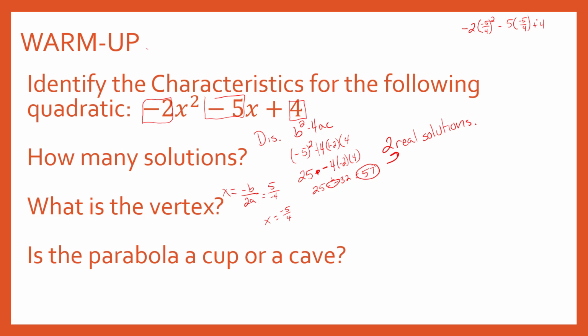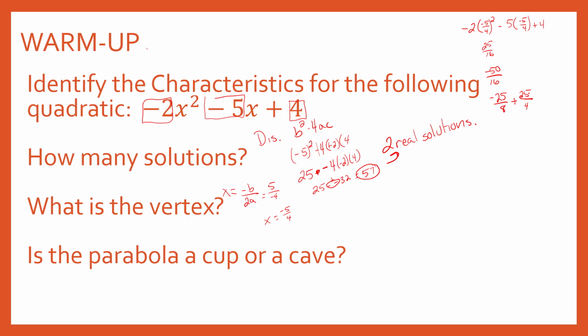Well, negative 5 over 4 squared, 5 times 5 is 25 over 16, and we're going to multiply that by negative 2, which will give us negative 50 over 16. All right, we have two even numbers, so they can simplify down. Let's see, both are divisible by 2, which will give us 25 and 8. Now, I don't have to simplify it right now, but I can see that 8 is a multiple of 4, so it's going to be easier for me to use a smaller common denominator. So, let's do minus 5 times negative 5 is negative 25, so I'm going to have minus a negative, which will make it positive, 25 over